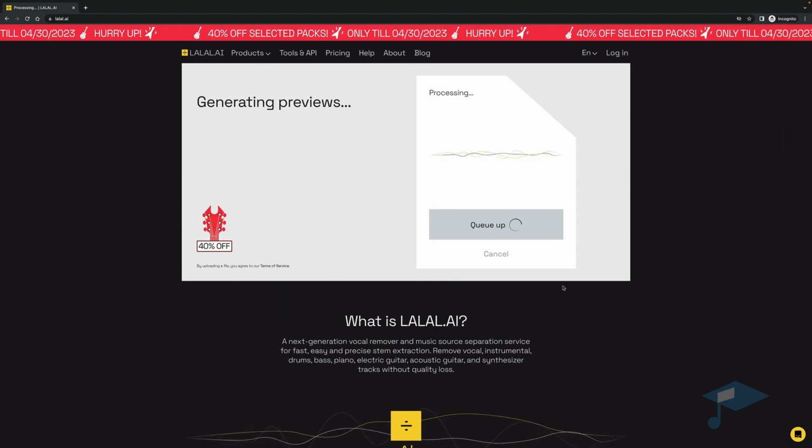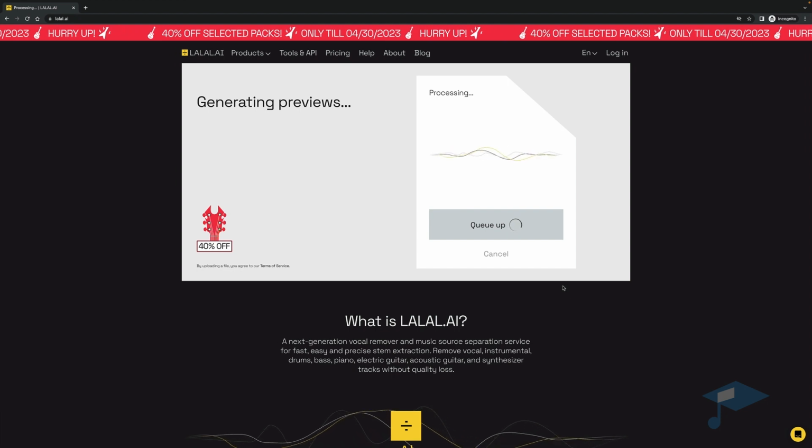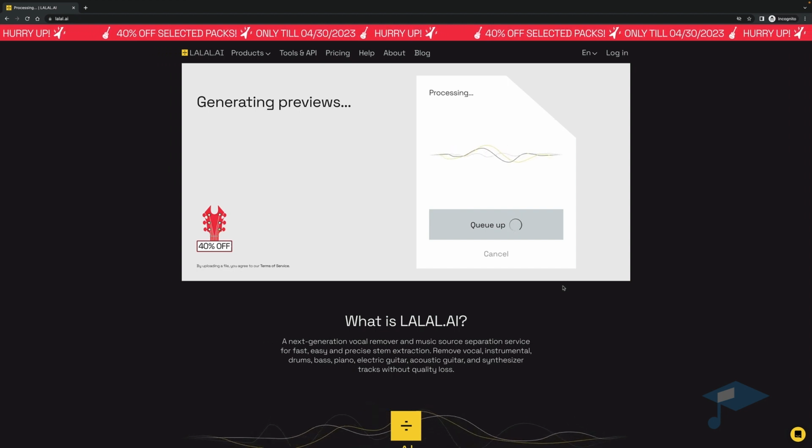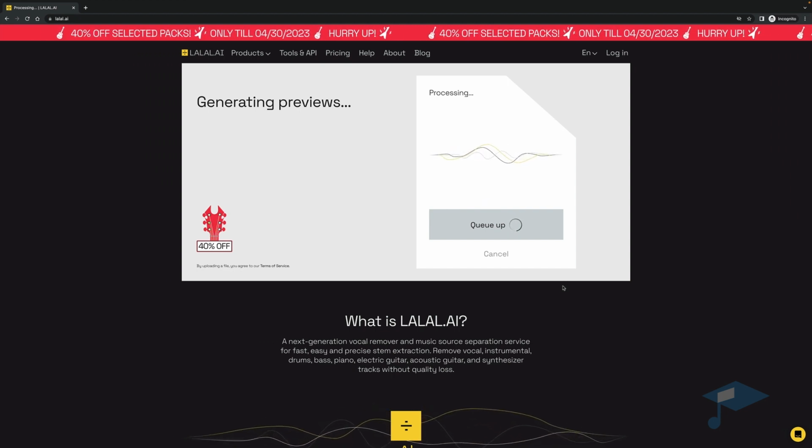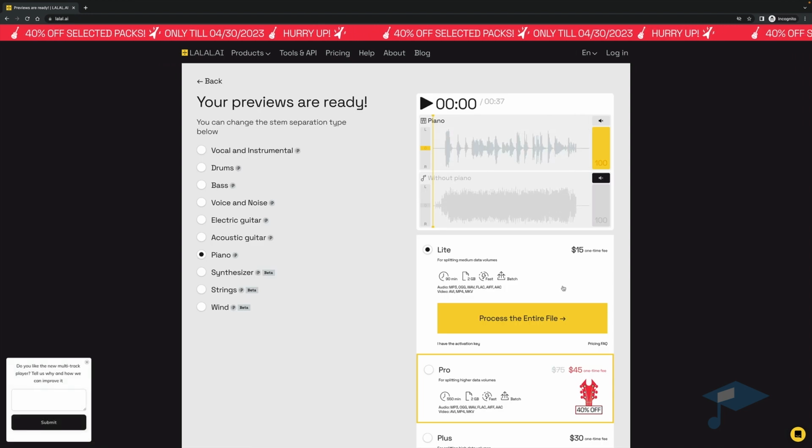So it's processing. The AI is going to process the file for me and break this down into, I don't know, about 12 or so sections. So now we see, what is it, 6, 7, 8, 9, so I think 9 or 10. What it does here, it gives you the first one that it processed, the piano part. And this is the part without the piano. So it not only extracts the piano, but it gives you the track sans the piano. We can take a listen to that.